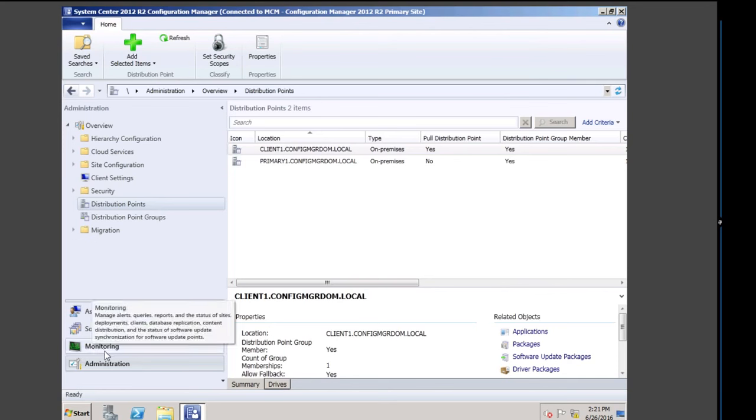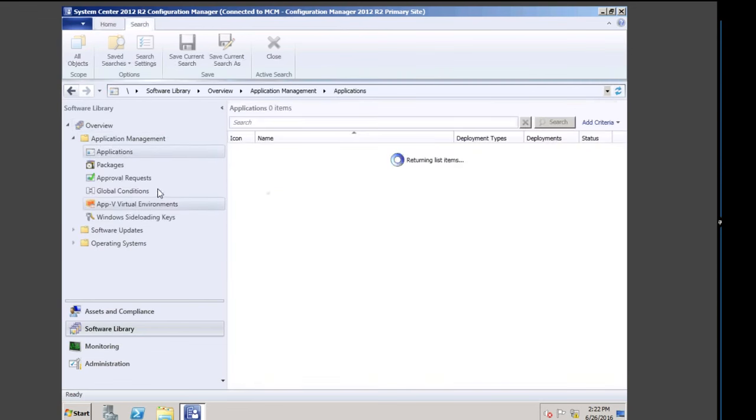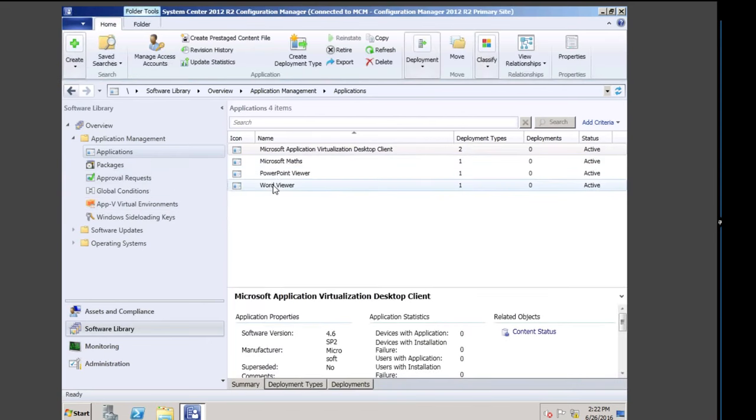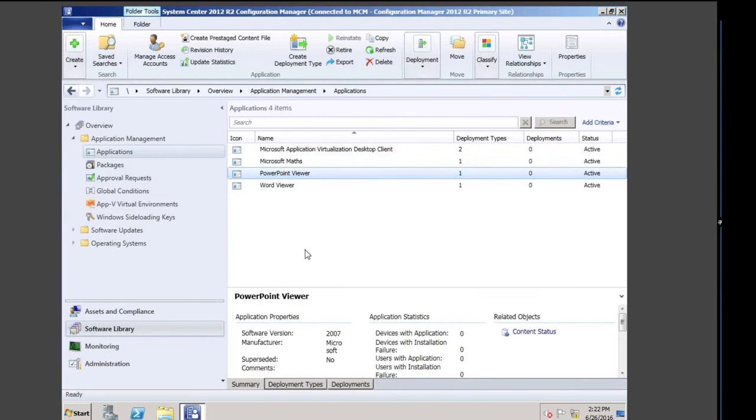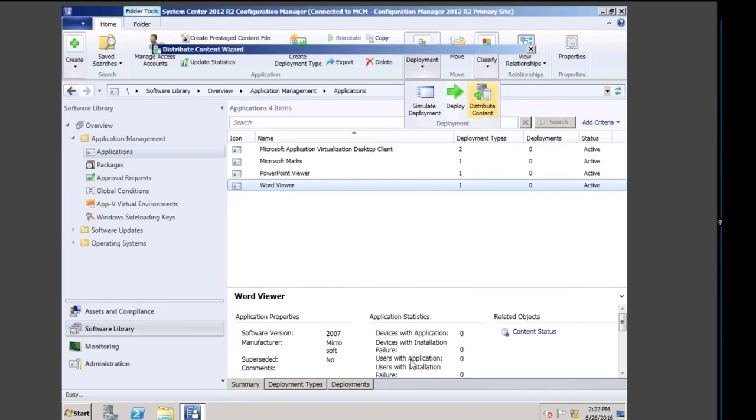And that's done. Now what we're going to do is distribute the content to the source distribution point. Sorry. So under the software library, if we go to application management, click on Word Viewer. That's the last one. And if we just distribute the content,